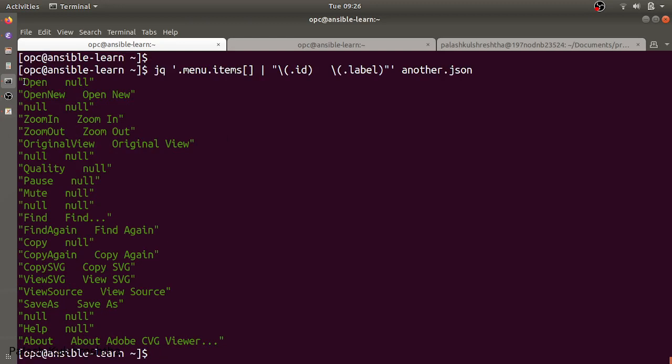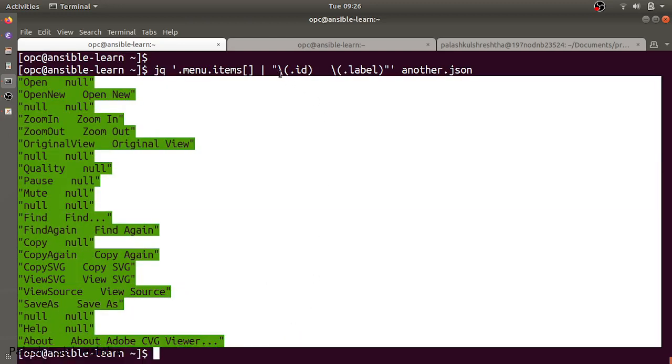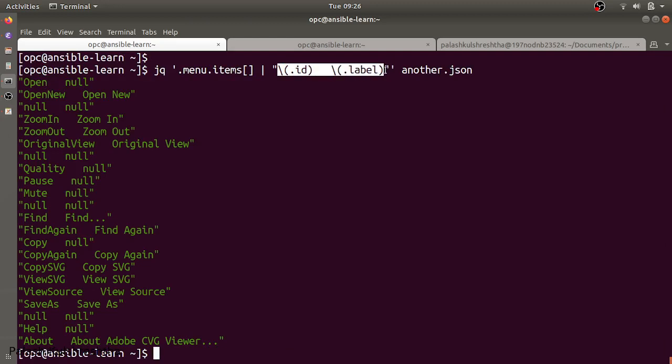Now here you can see that we are able to access these values, and it is basically a placeholder: backslash bracket open, then the values we want to extract from the JSON, and then bracket close.